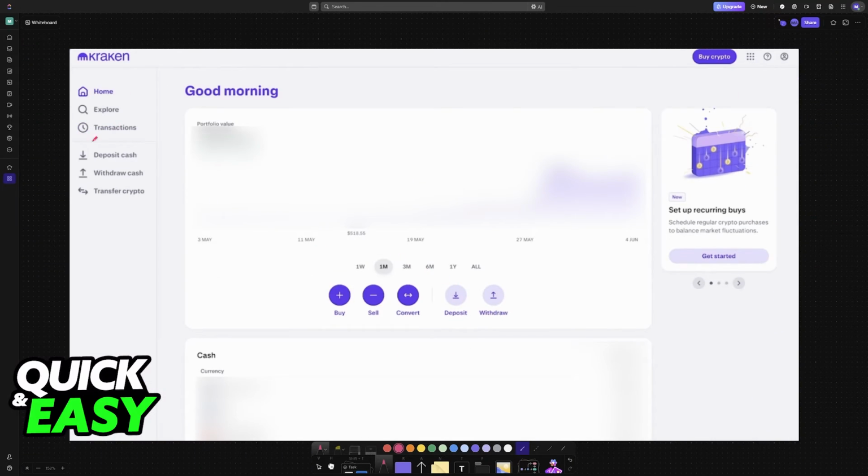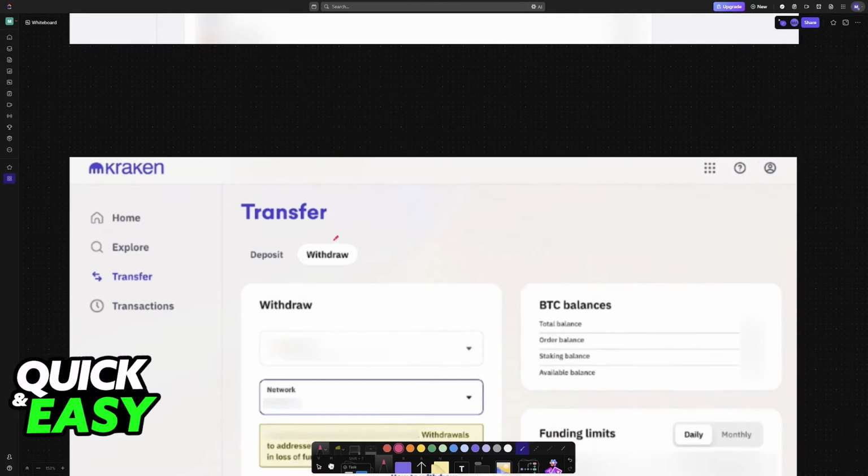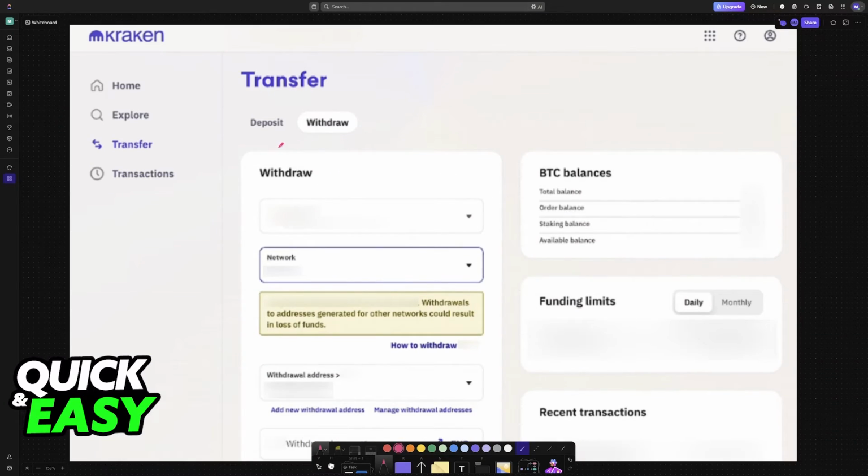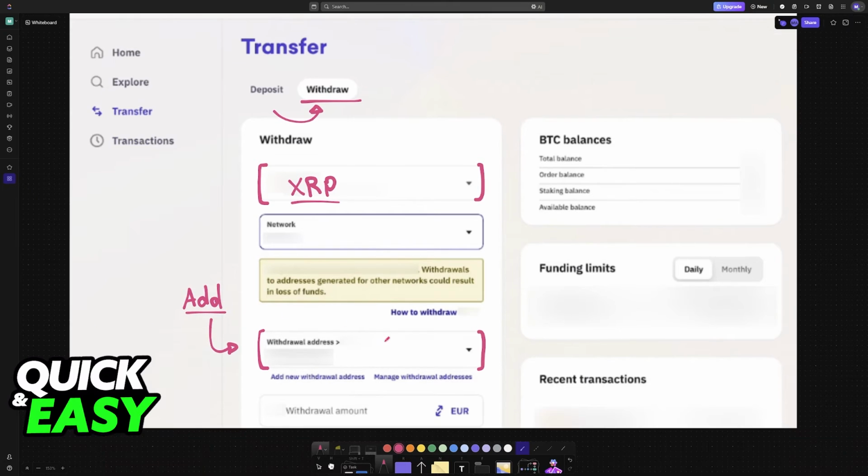So now go back to Kraken and choose the transfer crypto option at the left. After you select transfer crypto, switch from deposit to withdraw. By selecting this option, now you are able to choose the coin, the network, and then the withdraw address. So choose XRP. If you have never added an XRP wallet before, the button will appear over here with the option to add automatically, but if you have transferred to other exchange wallets previously, then you will see it appear